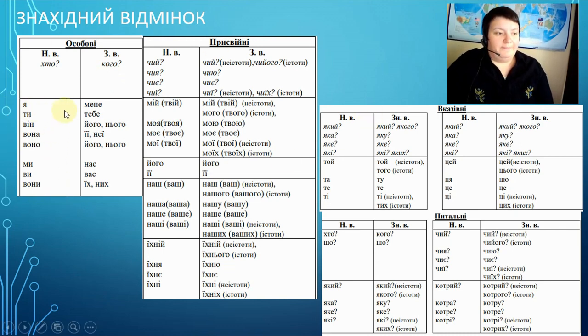So, я, I, in accusative, мене, me. Ти, you, in accusative, тебе, you. Він, he, in accusative, його, нього, him, so both variants are possible. Вона, she, and two forms, її, неї, her in this case.